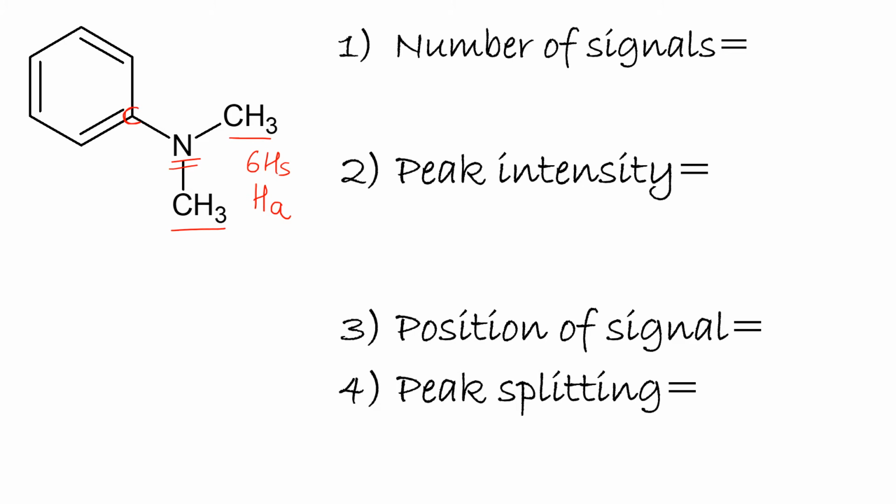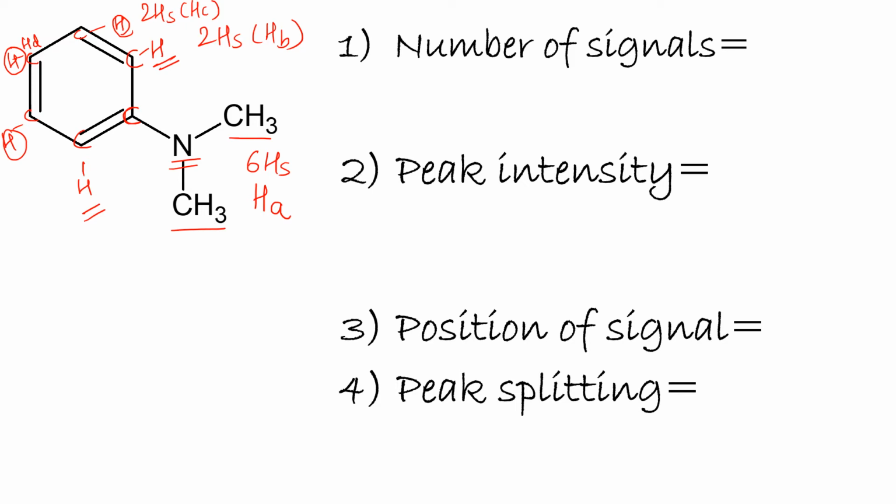Next is this carbon, which doesn't have any hydrogen on it. This carbon has one hydrogen. Again, this carbon has one hydrogen. This carbon, one, and one. Right? So this hydrogen and this hydrogen are in the same chemical environment. So these two hydrogens give one signal, and let me call it HB. Again, this hydrogen and this hydrogen are in the same chemical environment, so both of them give the same signal, HC. Now what is remaining is this hydrogen, this is HD.